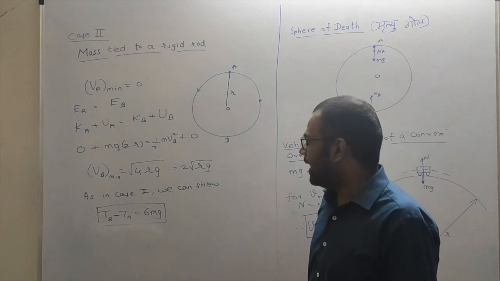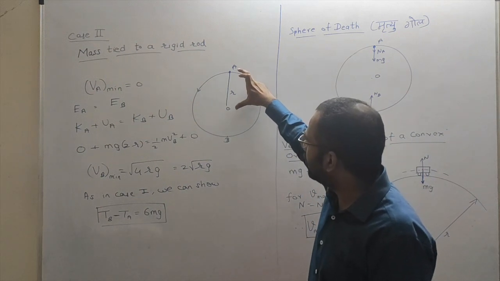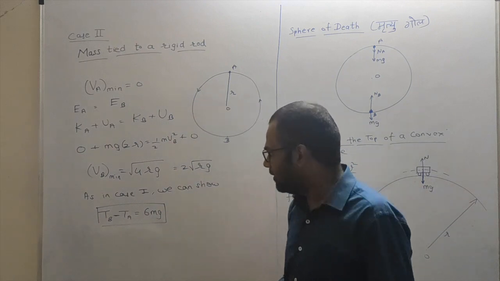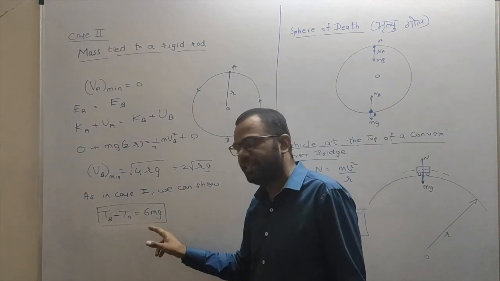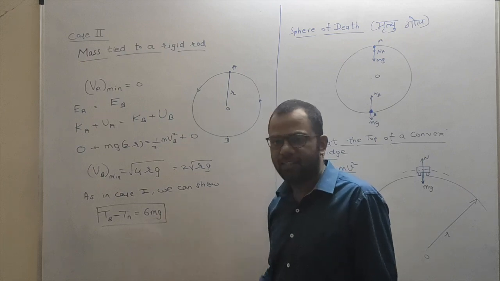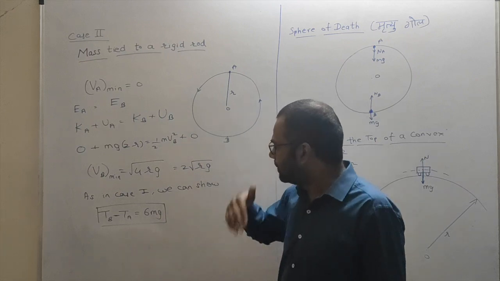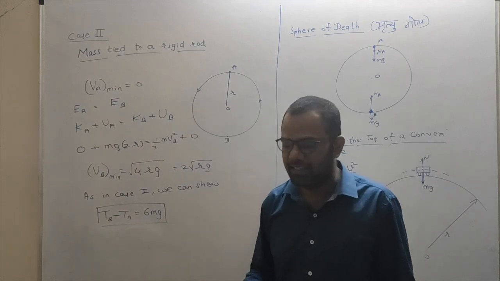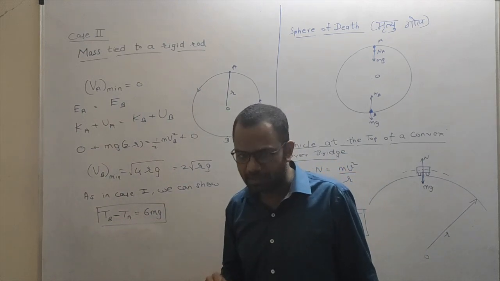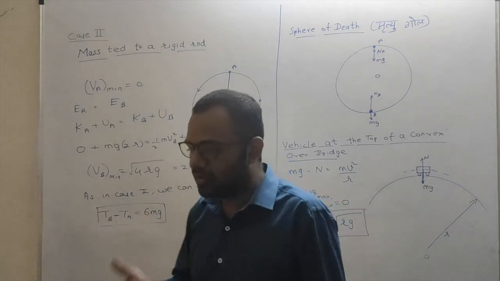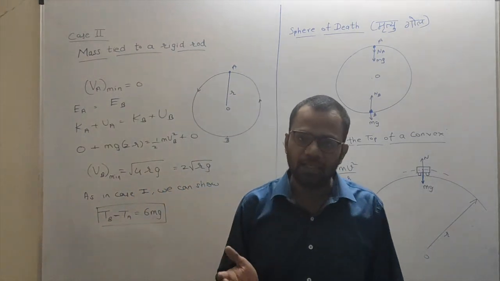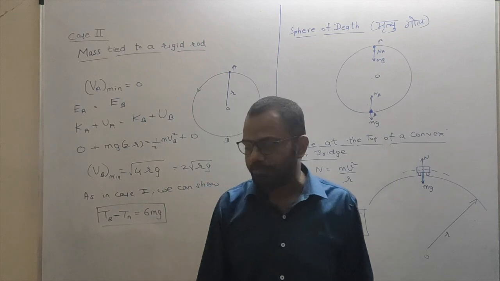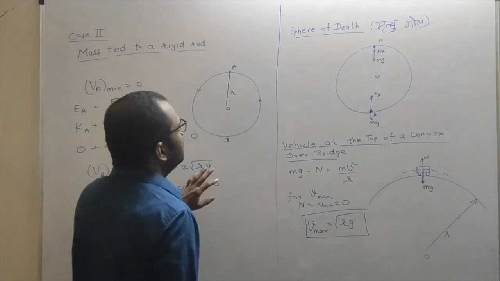Get this? And regarding the tensions in the rod at the topmost and the bottommost point, we have to apply the same mathematics as before, and we will get the answer as TB minus TA, same as 6 mg. So from the previous case you can note down the same things and just get this equation very easily. TB minus TA is equal to 6 mg. So this was about vertical circular motion for both the cases, in case of a string and in case of a rod. Fine. Now we'll move ahead.